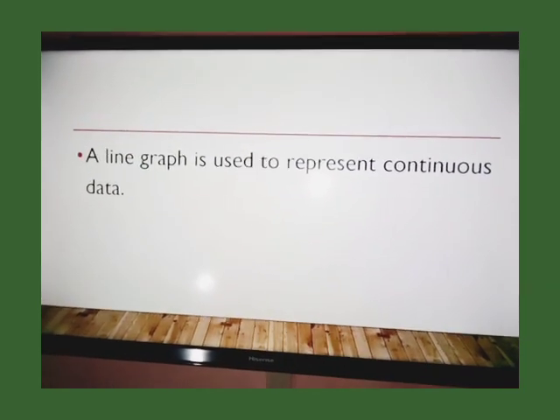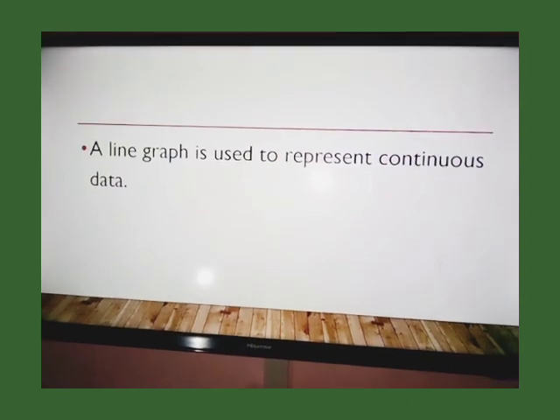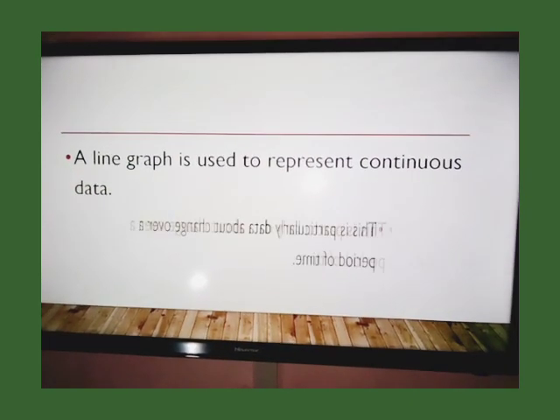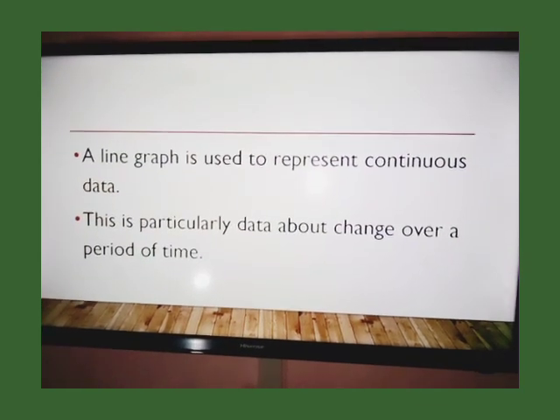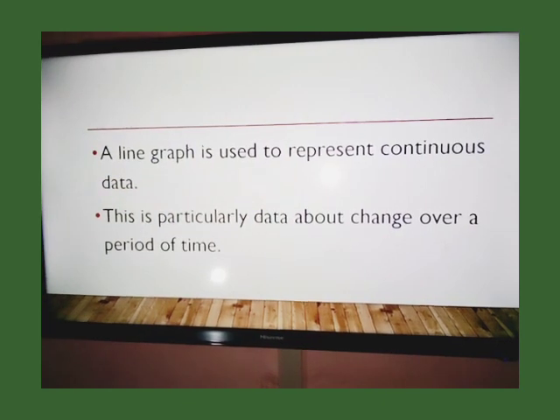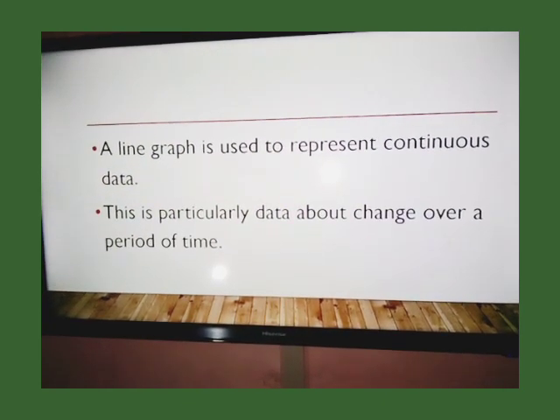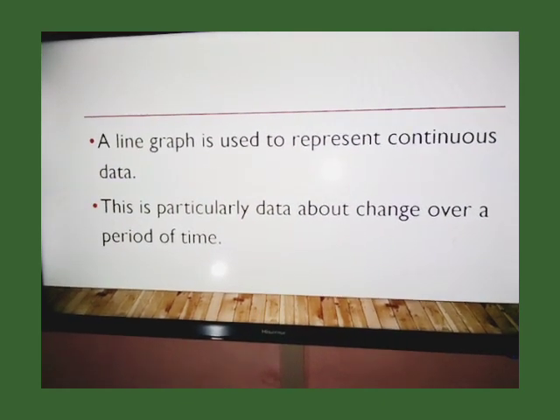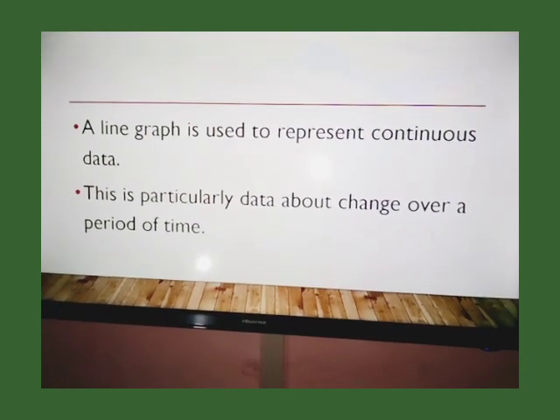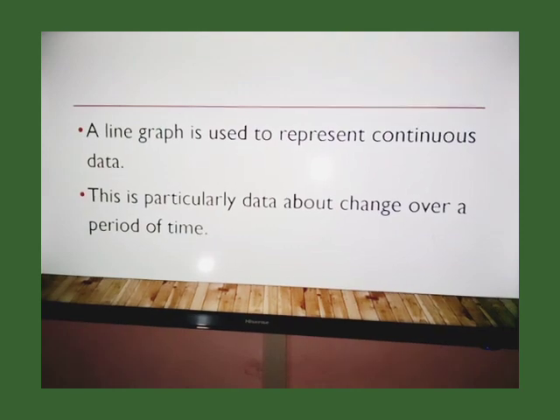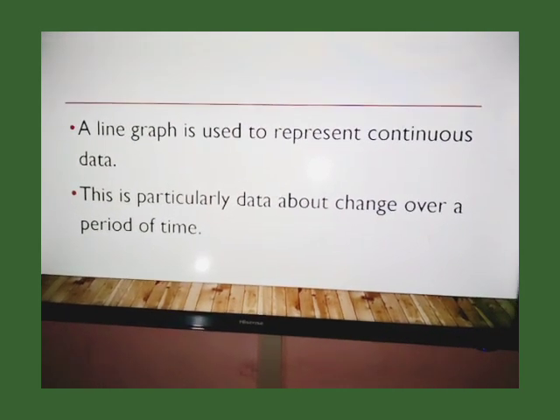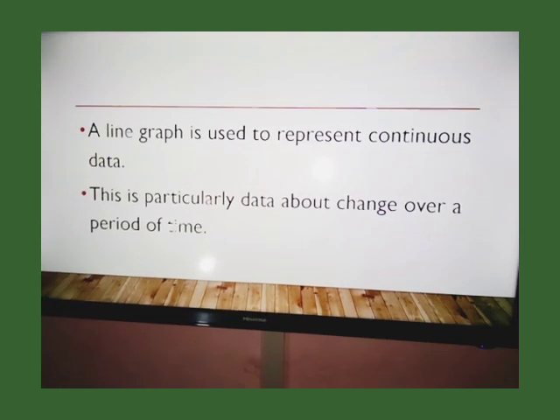A line graph is used to represent continuous data. When we are talking about continuous data, we are talking about the data that change over a period of time. For example, you are talking about temperature. Temperature is one of the examples of continuous data because it changes over a period of time. Now,